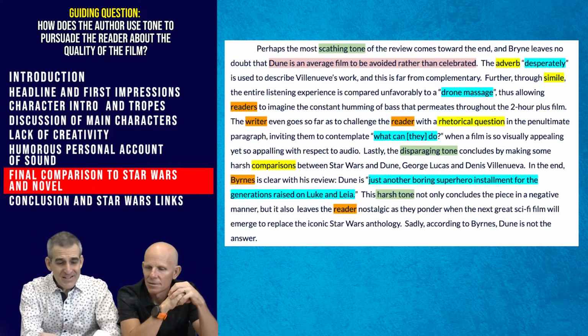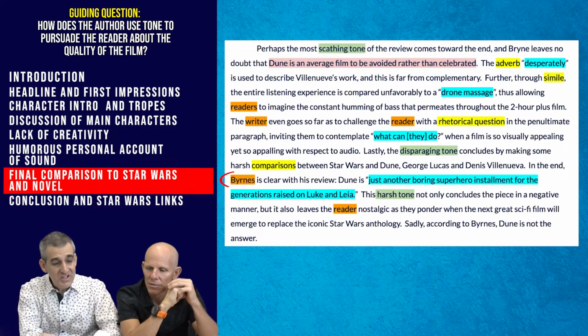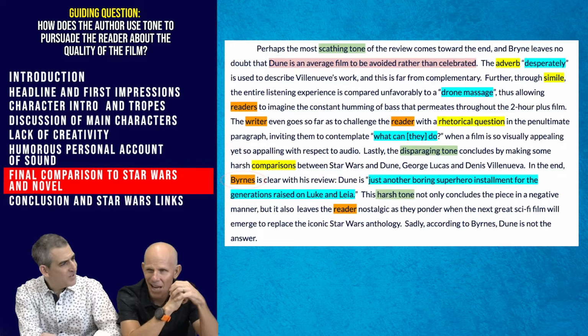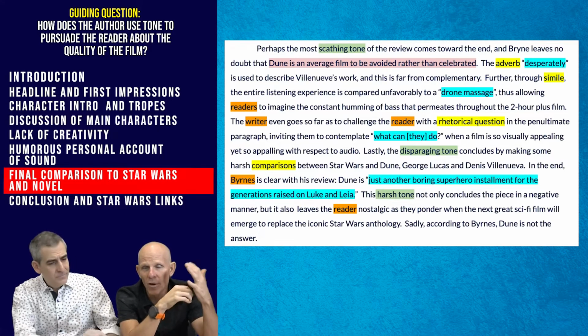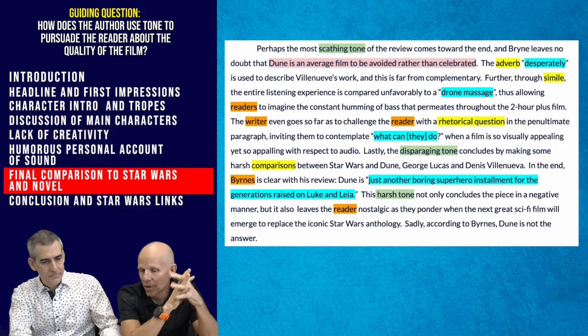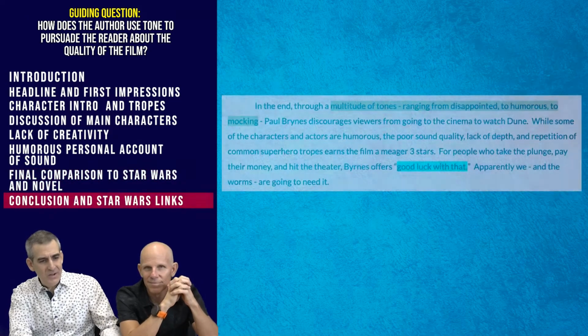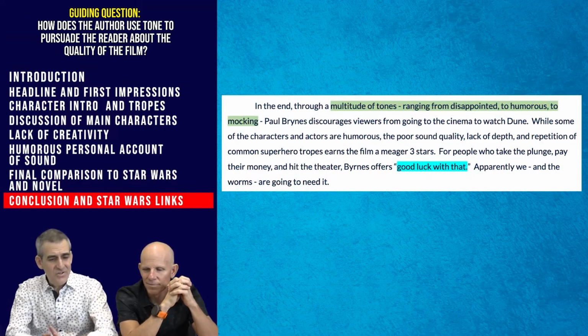Yeah, here, Giles, the last sentence there, "In the end, Burns is clear with his review." Would you call that evaluation? Is that part of that evaluation, you would say? Yeah, I think so. We're trying to evaluate. We're trying to talk about, was it effective? Did it work? I think little phrases like that, you don't always say effective, but little phrases like that do show that judgment and evaluation, right? Yeah.